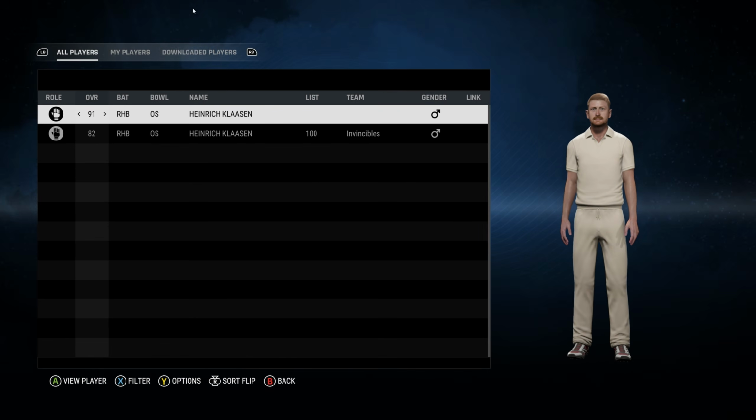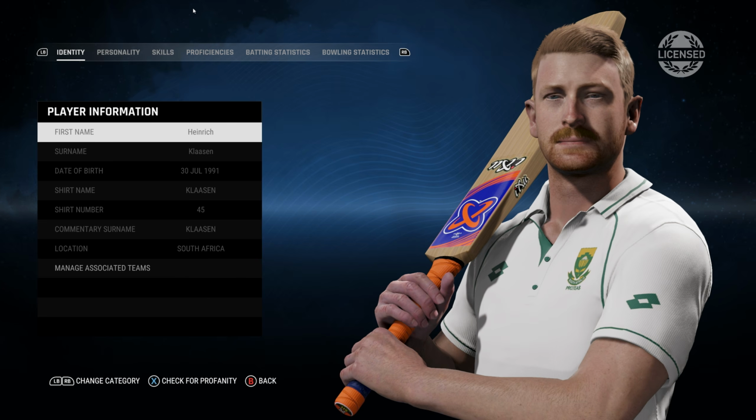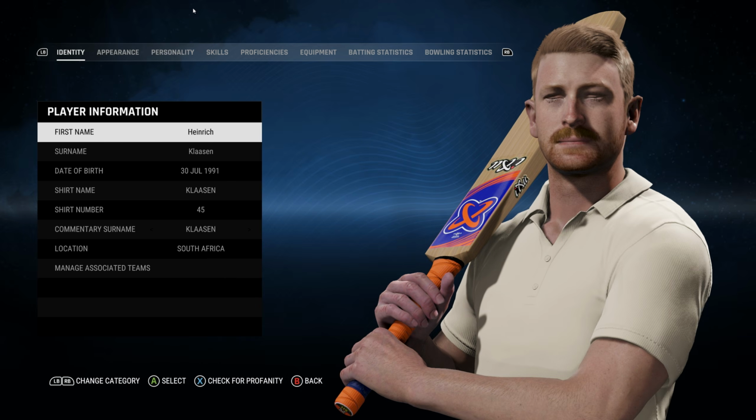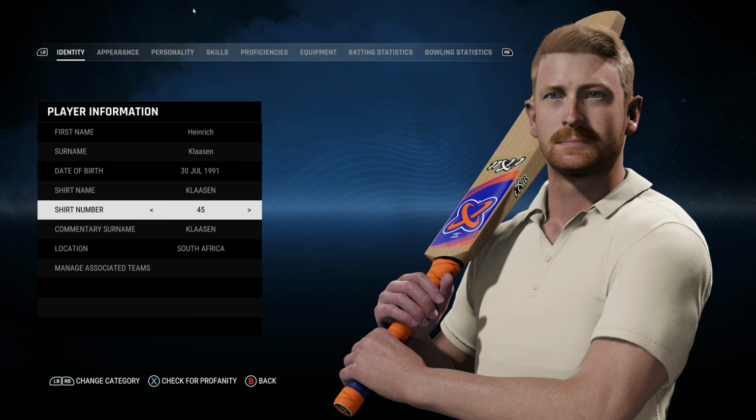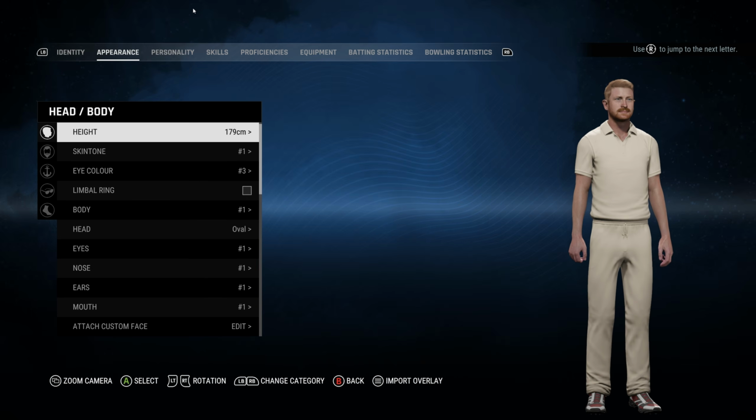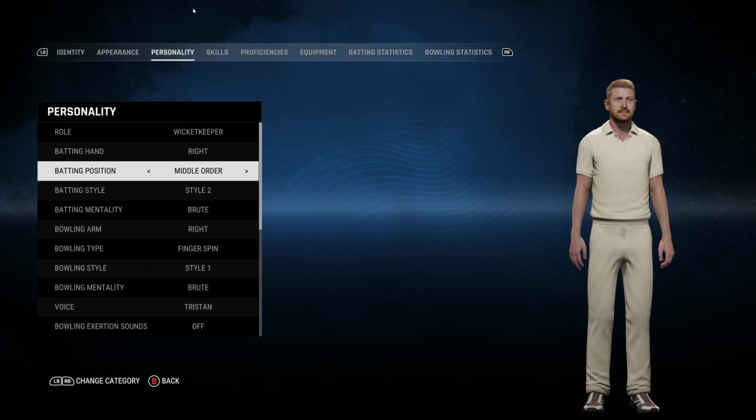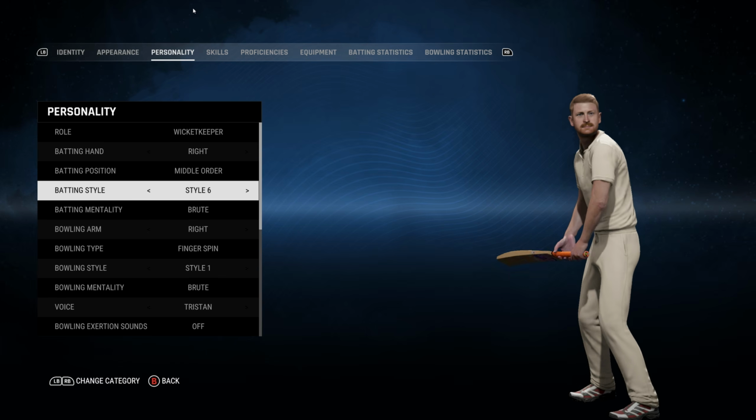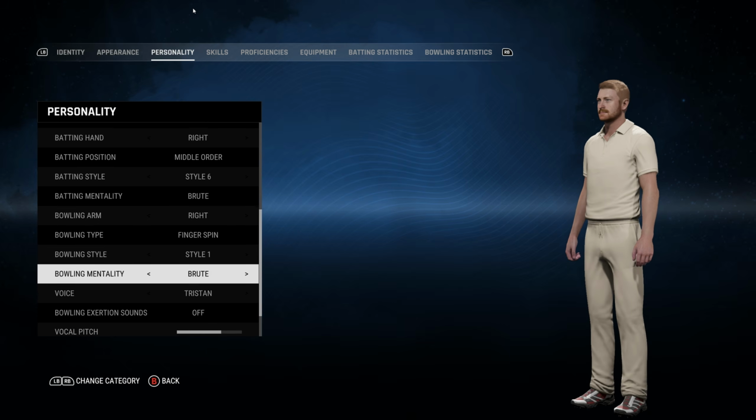And you see that you will have two copies, one licensed which you cannot edit and the one that we just created by unlinking. Now this one will have the options open to change the name, change the shirt number, and more importantly you can change the personality. So appearance cannot be changed, obviously the face is licensed, you cannot change the hairstyle, but you can change the batting style, everything about the personality,